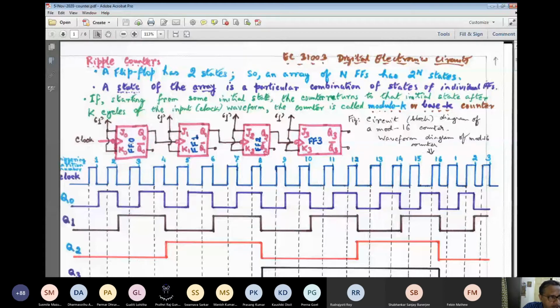Note that the output of the leftmost flip-flop is connected to the clock input of its immediate right neighbor, FF1, and the Q output of FF1 is connected to the clock input of its immediate right neighbor, FF2. Finally, from Q2, the output of FF2, the signal goes to the clock input of FF3. So all these 4 flip-flops are connected and build up a counter, but it is an asynchronous, or ripple, counter. Why? The name we shall learn.